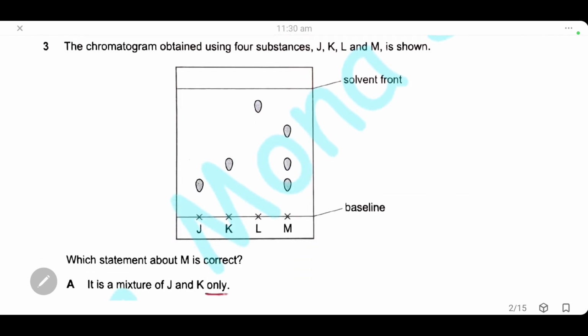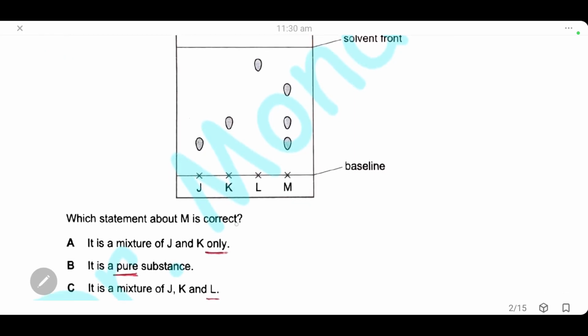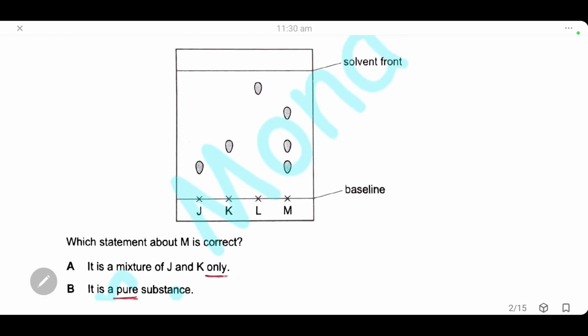Question 3. The chromatogram obtained using four substances J, K, L, and M is shown. Which statement about M is correct? A, M is a mixture of J and K only. We can see that M has three spots. One has the same RF value as J. The second has the same RF value as K, and a third substance, so it is not only J and